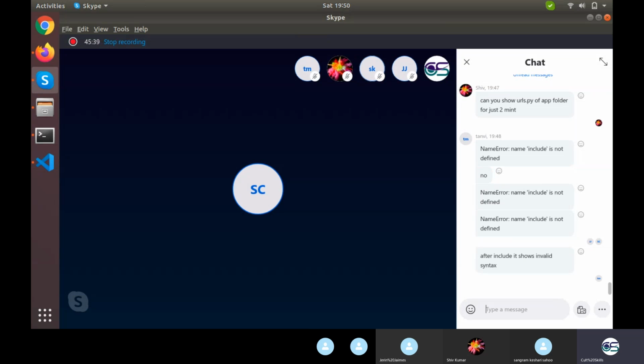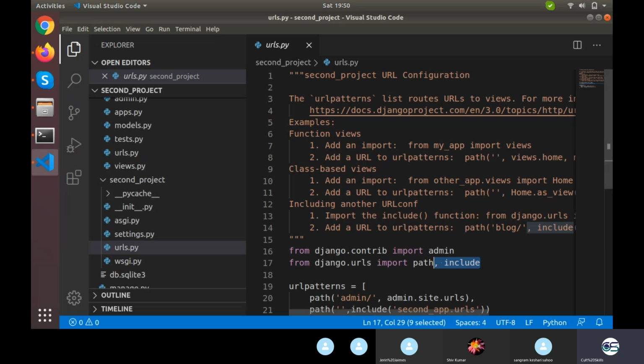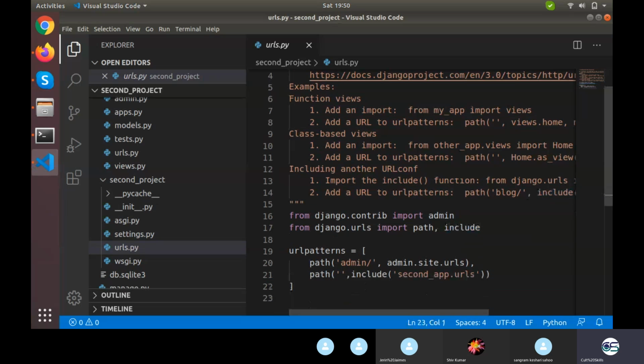Just check the code. It should be exactly the same as it is written right here. Something may be messed up with the bracket or something like that. And check whether you are importing include from django.urls or from somewhere else.